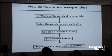I made about 2,500 during my Ph.D., but I'm not even a great chemist at all. There are much better chemists out there that can make 10,000, like Dan Siegwart at UT Southwestern, or Yizhou Dong at Ohio State, who can make lipopeptides that are unbelievably good, or Avi Schroeder, Chris Alabi, Kate Whitehead. All these people can synthesize stuff. Making the different nanoparticles is not the problem. The problem is that when we test these things, no matter how many particles we make, and no matter what